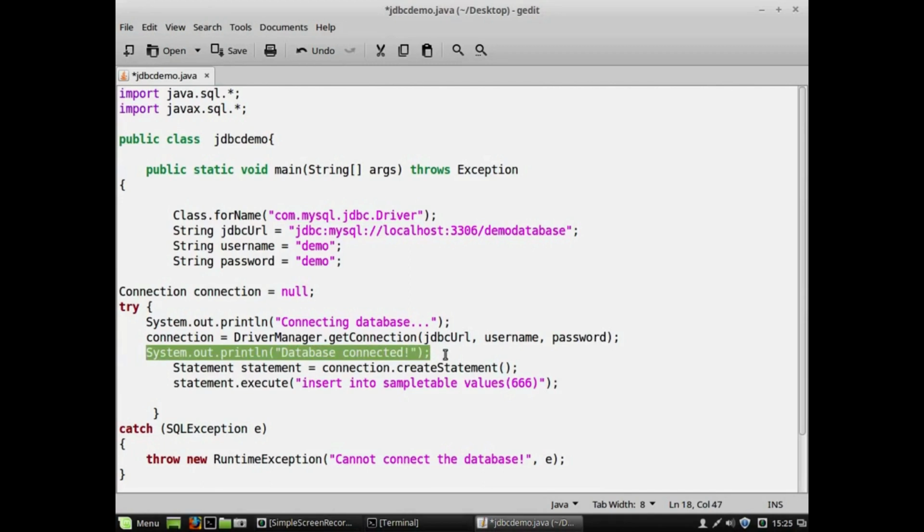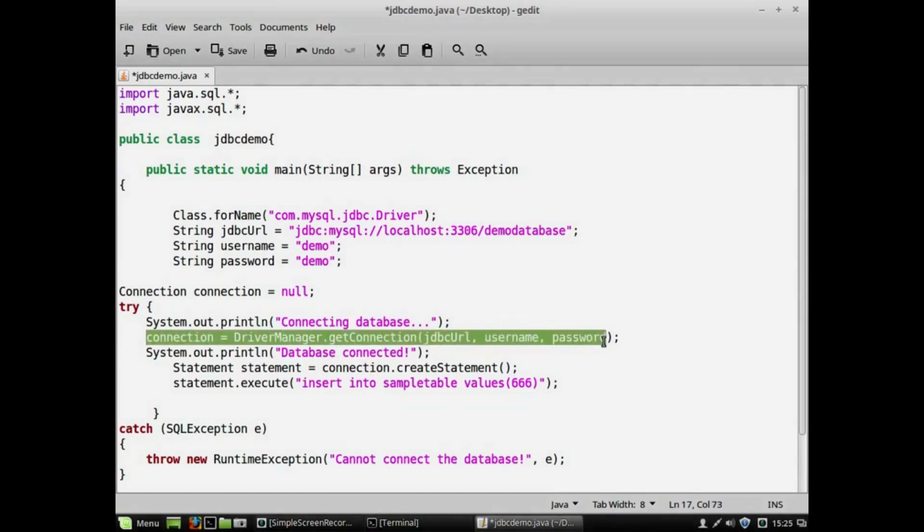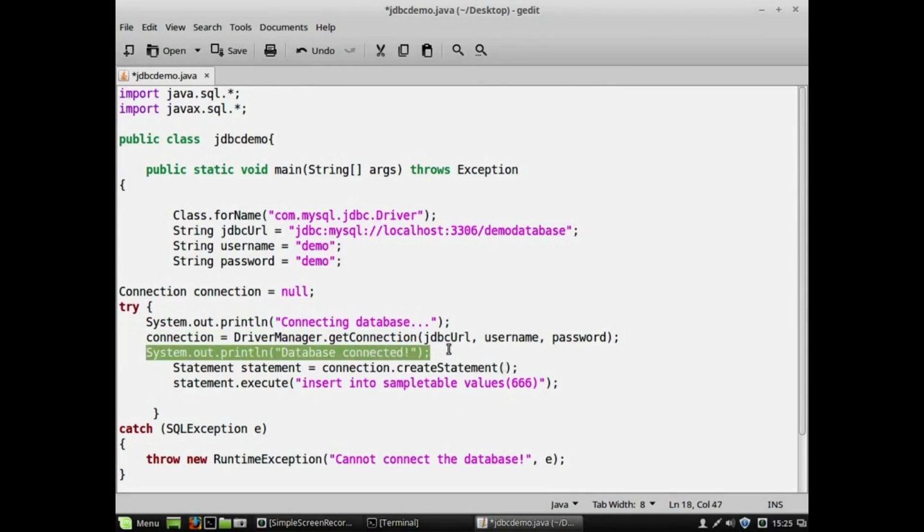So during the execution, if you see that the database is connected, if this System.out.println line is seen, it means that up to here your Java interpreter has executed successfully. Otherwise, if you have made any mistake, then this line will not be executed. You will get some exception below this line, because the interpreter stops execution here. Anyhow, expecting that everything goes smoothly, you will be seeing database connected.